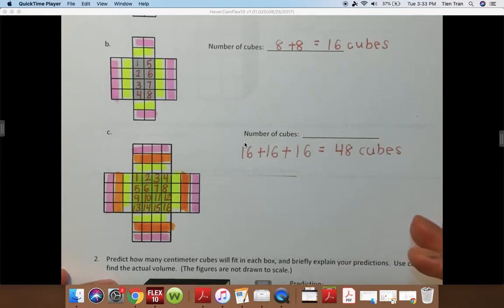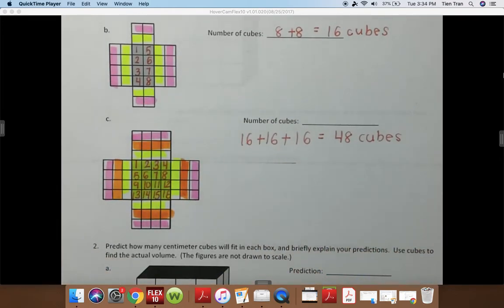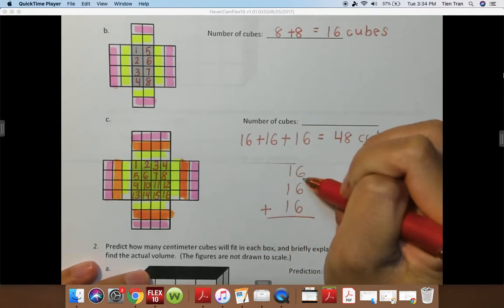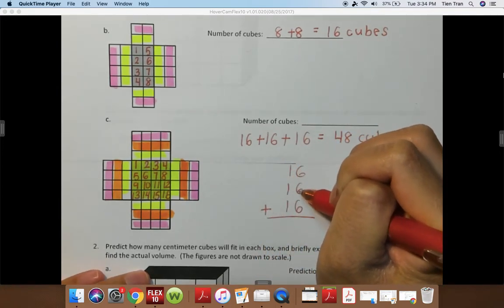And if you remember, or you need to set it up in a way where you can see it more clearly, you can add it this way. So I know that 6 times 3, or 6 plus 6 plus 6 is